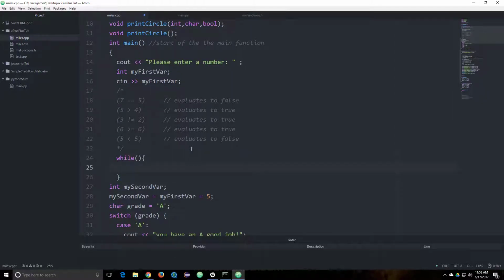Very similar to the if statement. In the parentheses here, you want to have an expression that evaluates to true. While some expression is true, do this stuff. That's how a while loop is structured. So while my first var is equal to 5, and we'll just have to enter 5 in order for this to work,